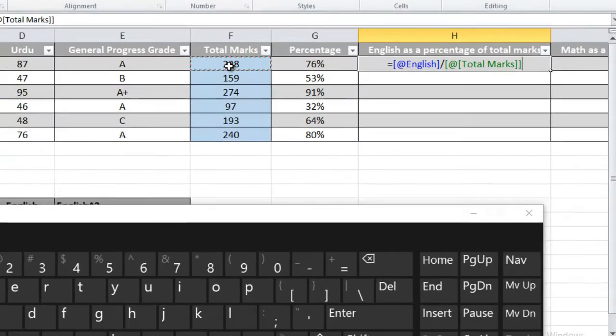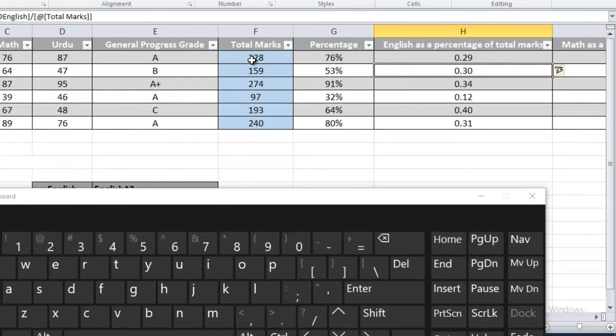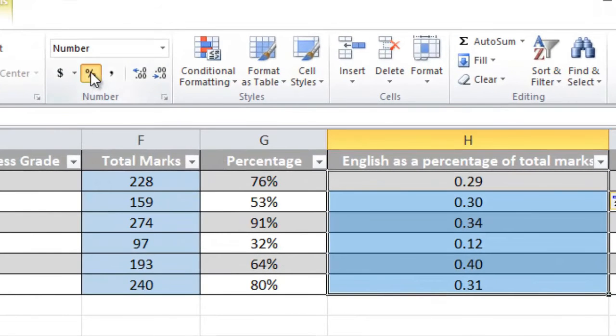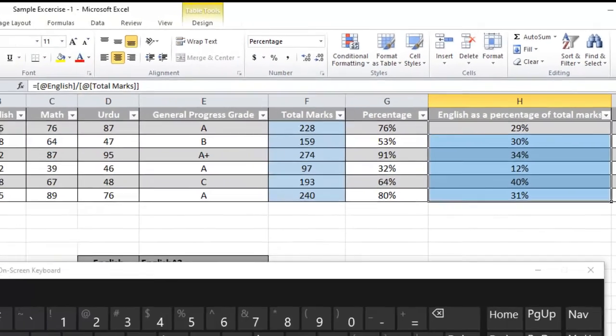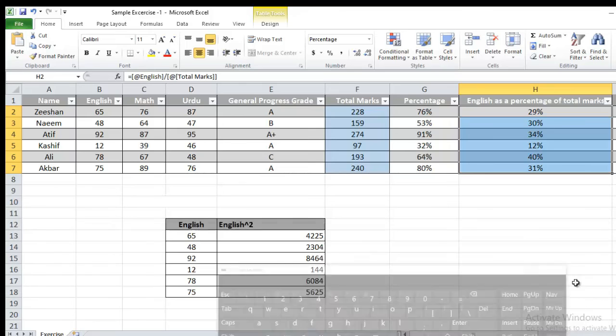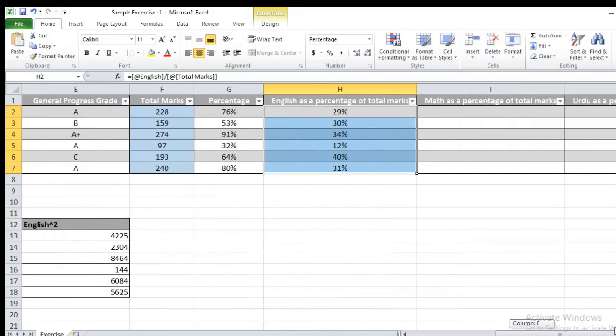And then press the Enter button. And now I want to select this data. Click, hold, drag, selection done. Now hit the percentage button. That's how you can calculate the percentage of your English subject over here like that. The same way you can calculate maths percentage, Urdu percentage, and so on.